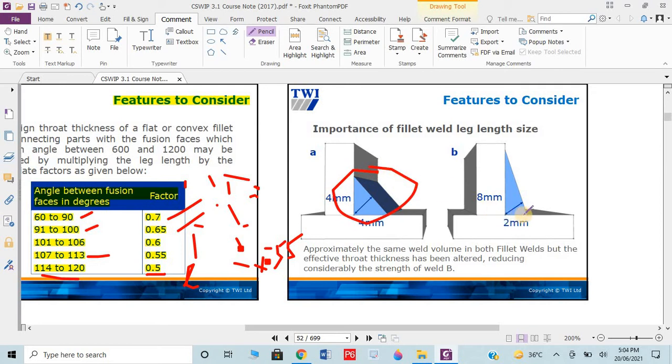And if you see from the toe to one joint, this horizontal leg length is only 2 millimeter, but the other one is 8 millimeter. This is like a ship. So this is weak welding. If in the question he said that we have two joints, one joint with symmetric leg length and the other joint with asymmetric leg length, meaning both leg lengths are different, which joint is stronger? Then simply choose the symmetric joint, where both leg lengths are the same.